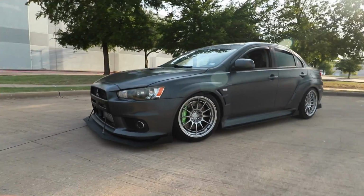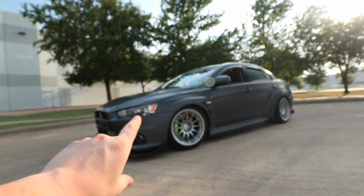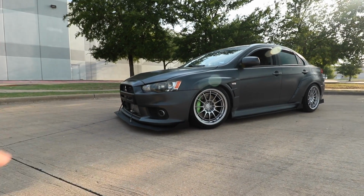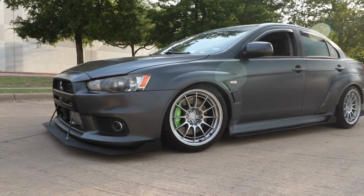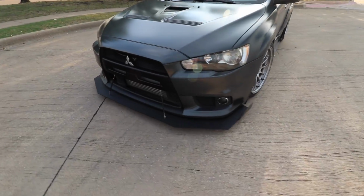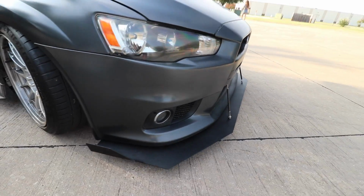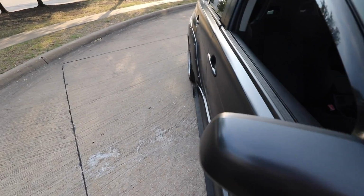When I was sitting there contemplating, I literally looked at a bunch of pictures of the Evos without aero, and then with aero, without aero, with aero. I love the Evo's stock, clean front end, but with the splitter, even though this is not functional, it's a time attack style thing, it gives the front end a whole new dimension, and it looks great. I could explain this to you guys all day long for a bunch of different reasons,